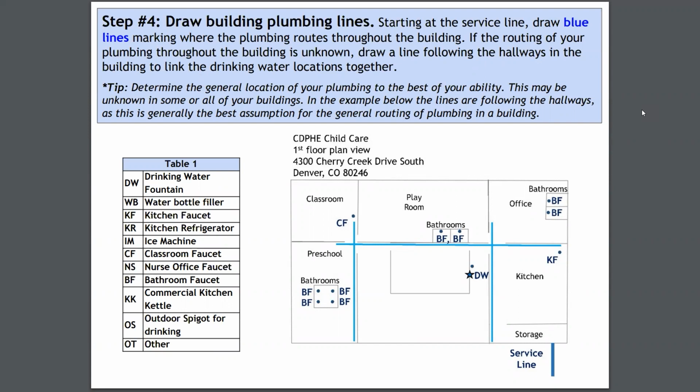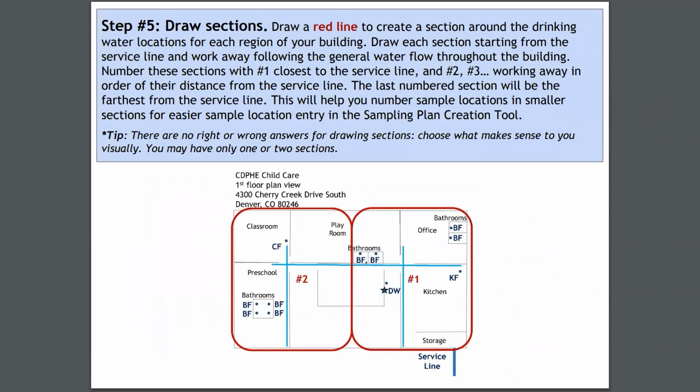On our next slide, our instructions try to help you divide your building into sections so that you have a more manageable area of your building for numbering each location, and then for easy data entry into our tool, which creates the sampling plan. So we have here an example with 2 sections for the facility. Now maybe yours will need more sections, or perhaps one will suffice. Again, there is no right or wrong way. The point of breaking up your building into specific sections of drinking water locations is for the ease of walking through the building to those sampling points and for the ease of uploading them into our tool.